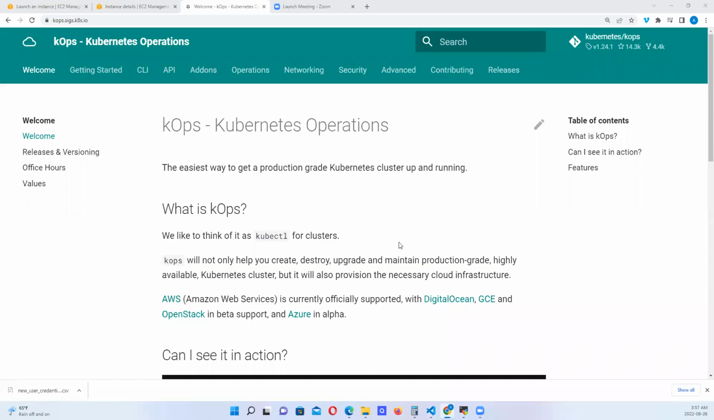We are still on Kubernetes. We have seen how we can use kubeadm for a self-managed Kubernetes cluster. We've also seen how we can use EKS for a cloud-managed Kubernetes cluster. So this time around, we want to look at